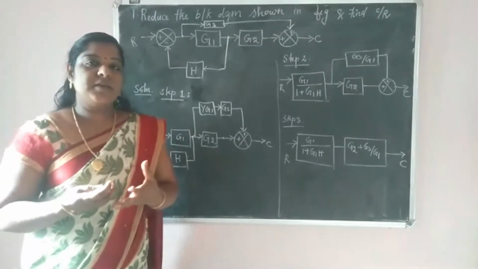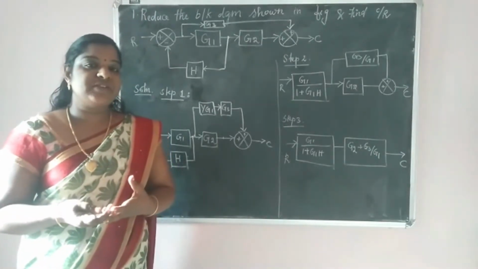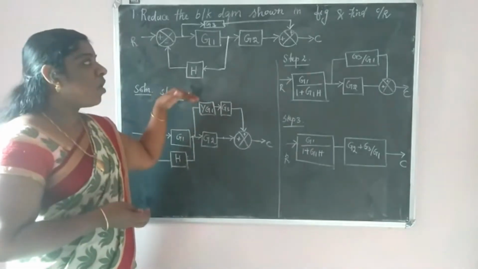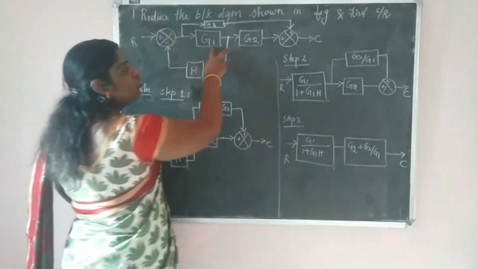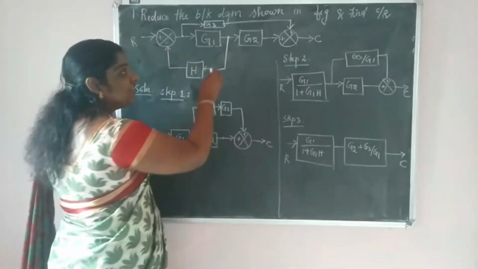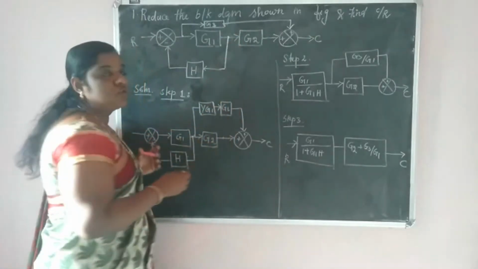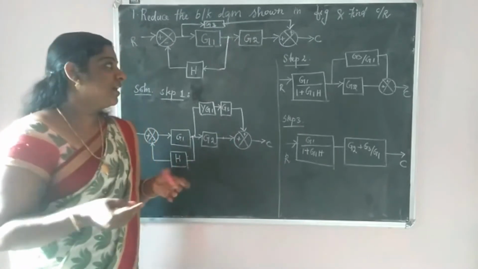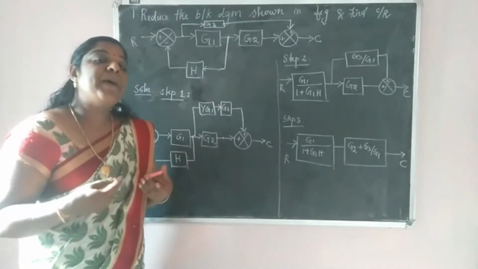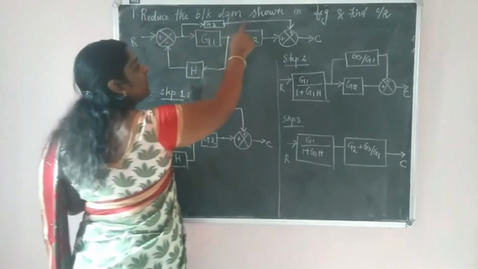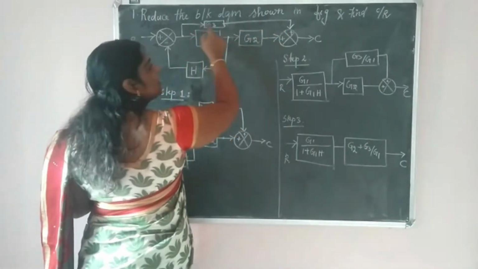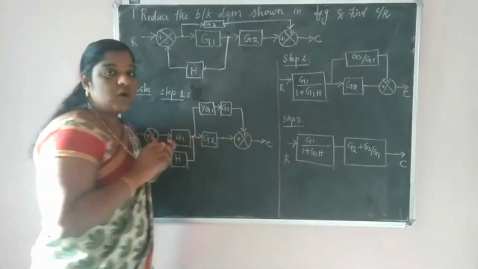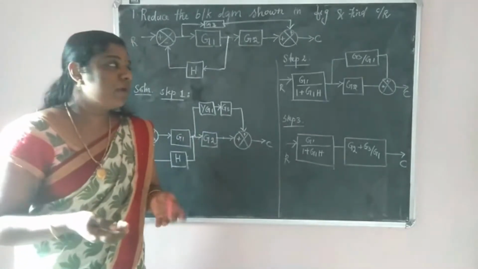In the block diagram reduction rule, first we have to give preference to the series block. So we have to check whether a series block is present in this block diagram or not. Here we have two blocks in cascade, but the condition is that we have a branch point, so we can't combine the two blocks in cascade. Next we have to give preference to the parallel block. Here we have a forward path, so this is a parallel path, but again we have a branch point. So we can't give second preference to the parallel block.